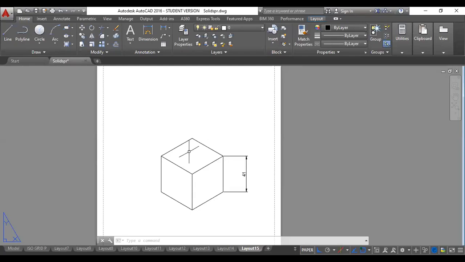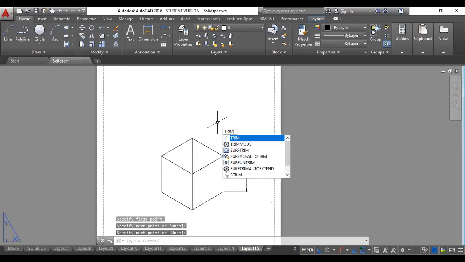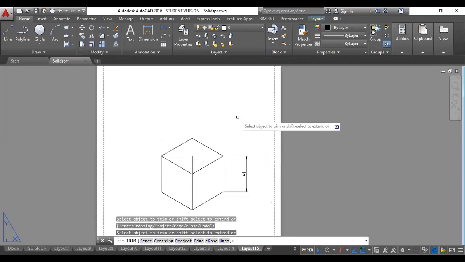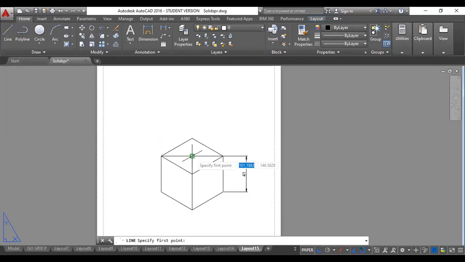Okay. Now on top of this, you have a sphere of diameter 50 mm. So first let us find the midpoint of this box. Then from here, let us give the radius of the sphere. So the midpoint of this box would be here. So this would be the midpoint. From here, I need to draw a length of 25 mm. Sphere diameter is 50, so I am making it 25.